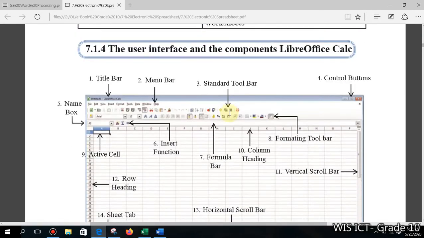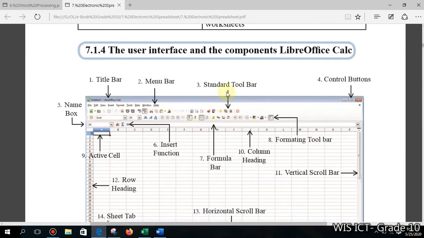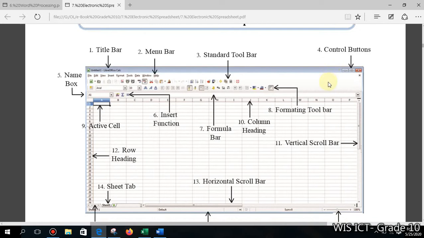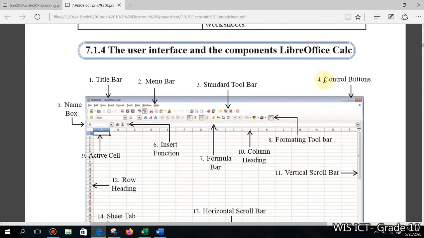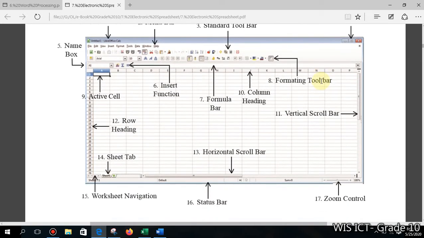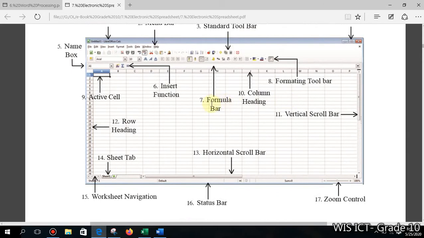After that, this is the interface of LibreOffice Calc. This is the free open source category. You can download LibreOffice from the internet free of charge. Easily you can install it, no password. If you have internet and a computer, install and see. It is easy. Knowing that is also very important.